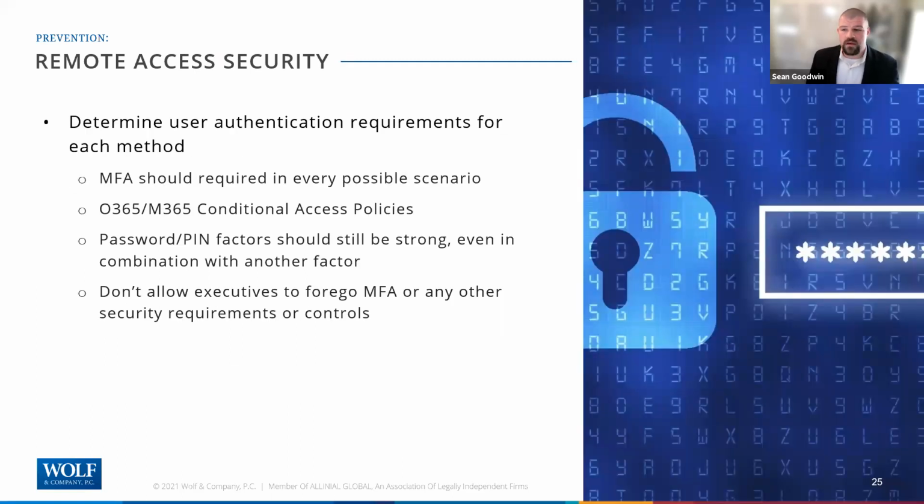Determine what the requirements are. What you don't want to do is just say we've got multi-factor authentication, so we're all set, but you still have a weak password policy that allows creation of things like fall 2021 exclamation point. Two weak factors are certainly better than one weak factor, but if you have not properly secured each step in that authentication process, you really do need to take a look at that